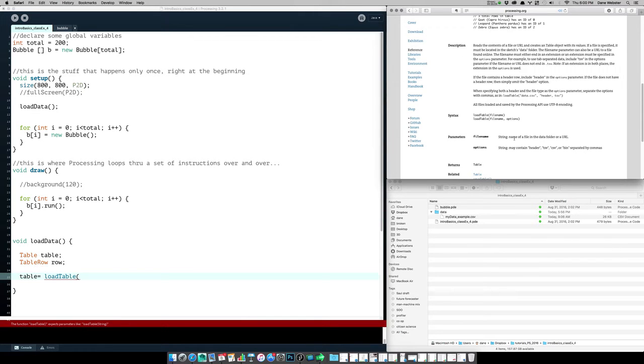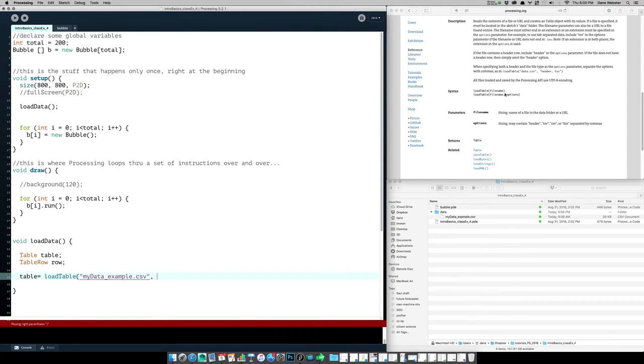So the file name is a string, the name of the file that we're going to use, or its URL or whatever it would be. In this case, we just need to give it the my data underscore example.csv. Okay, and then I'll put comma, and if you look at it here, it has an example right above it. So this would be the name of their imaginary load data file,